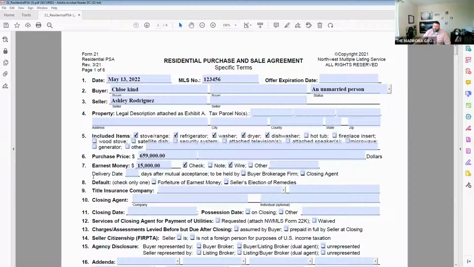Now, here's a really important thing. One of the things that's probably the most important on this purchase and sale is to not forget to check the box of what happens if they don't fulfill their obligation. And so what you're always going to check is forfeiture of earnest money. Do you know why, Chloe? Do you know what this means? Yeah, it means you don't get it back. Yeah. And so basically we're saying that